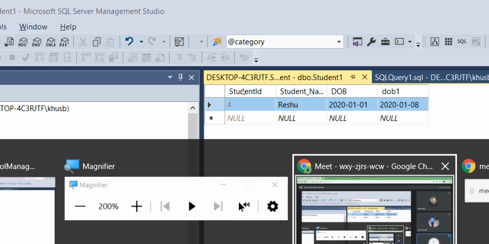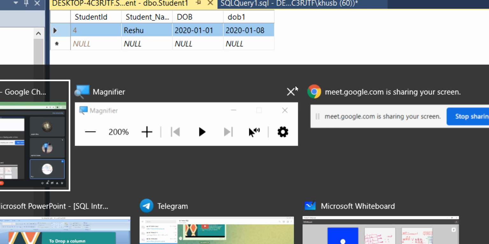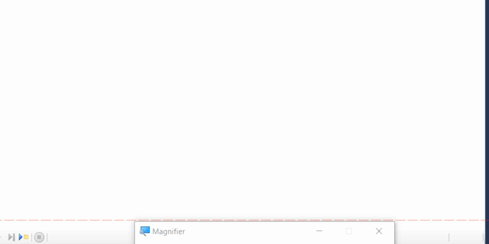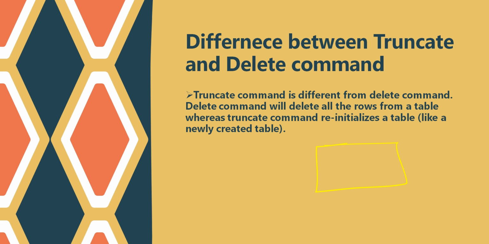So what basically happens with the truncate and delete commands, the difference is, let's explain this in our tab. The difference between the delete and truncate command is that whenever you apply a delete, it is going to work like a home wash.